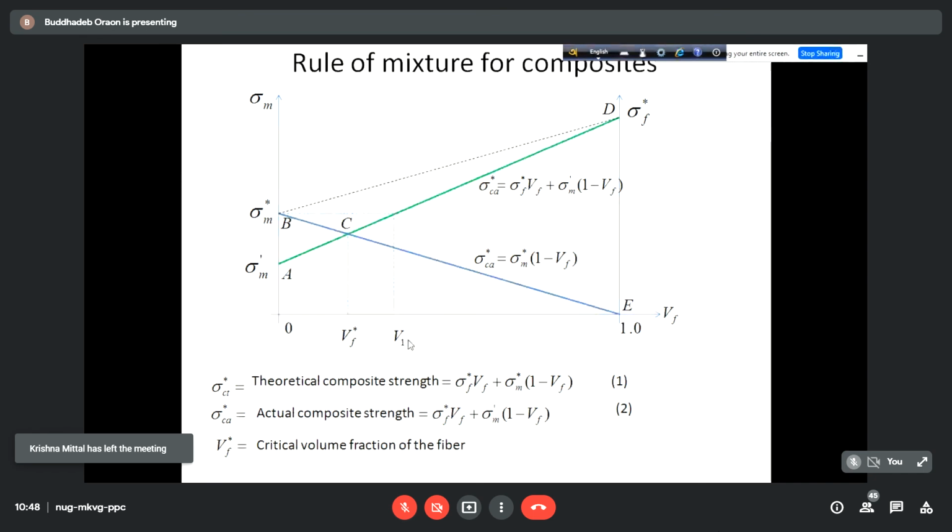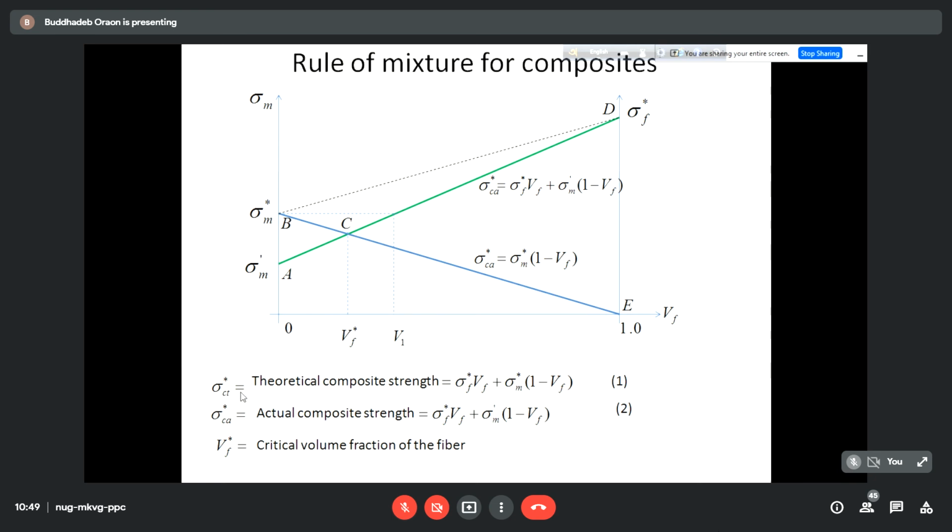Now we want to mix a certain percentage of fiber. So what will be that percentage, minimum percentage to get a particular composite so that our requirement is fulfilled. So what we can do, we can actually write two important equations. I have written here very briefly. So number one equation is composite stress.